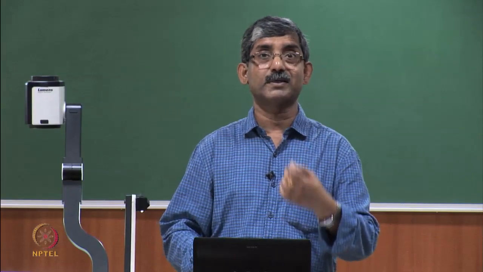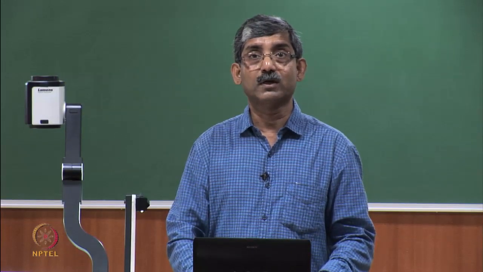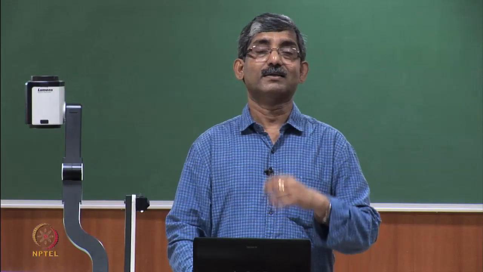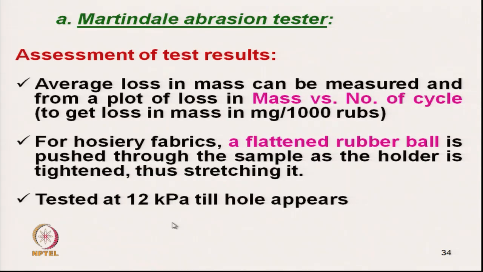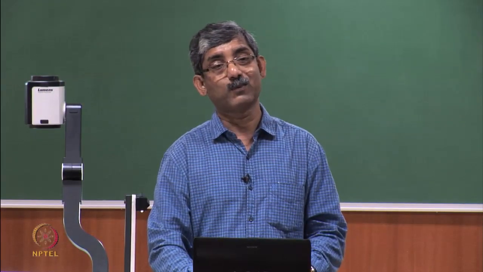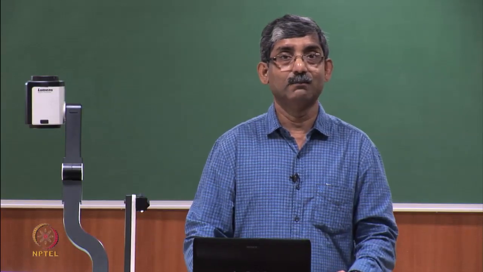To reduce the abrasion cycle, we insert a flattened rubber ball, which is pushed through the same sample holder, and it is tightened, thus stretching it. We have to stretch the sample so that we can get a certain result, and it is tested under 200 kPa, a higher pressure, till the holes appear. Otherwise, if we test as per the woven fabric specification, the testing cycle will be very high because of the